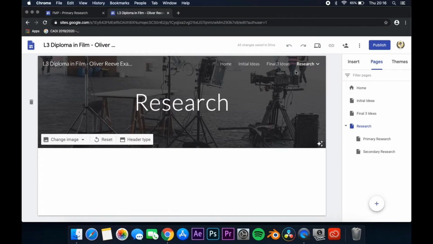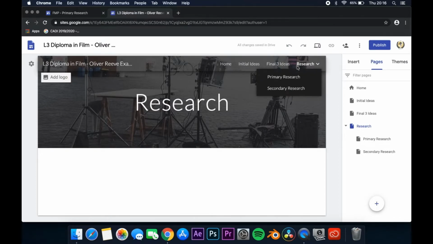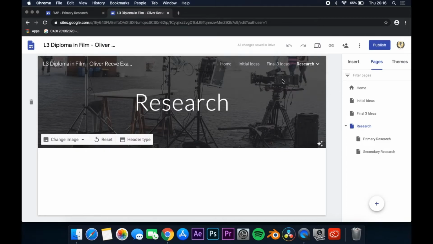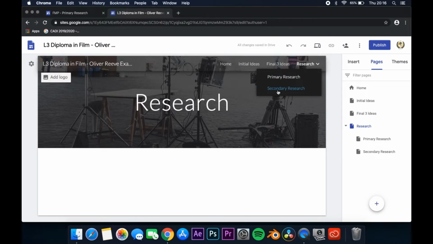Now before we get into anything else, above here on our headers, you can see that when I hover the mouse over research, it drops down both these subpages within research. So this is a really nice way of keeping things nice and compact and easy to navigate. You want your reader and your audience to navigate through your final major project website with ease. So try to follow this